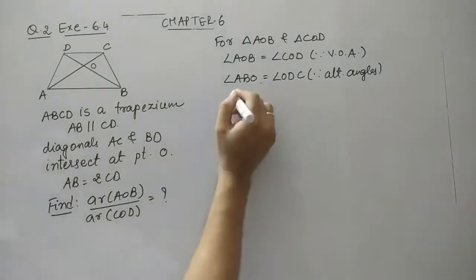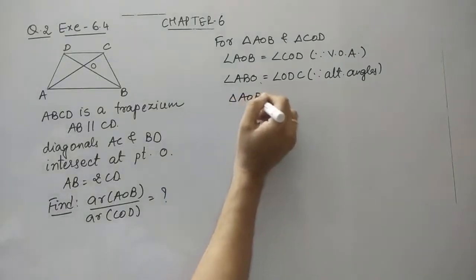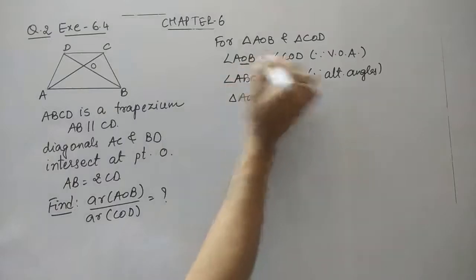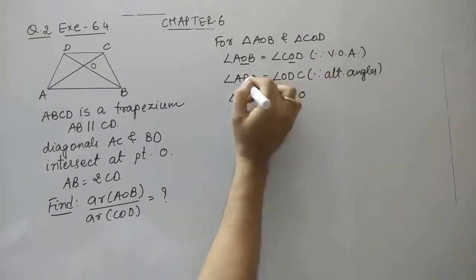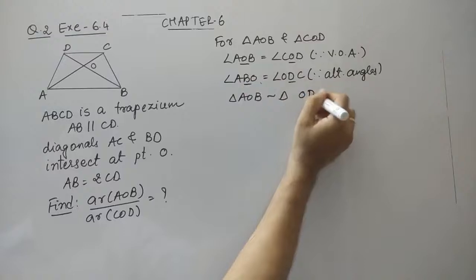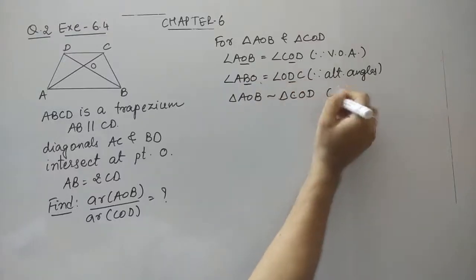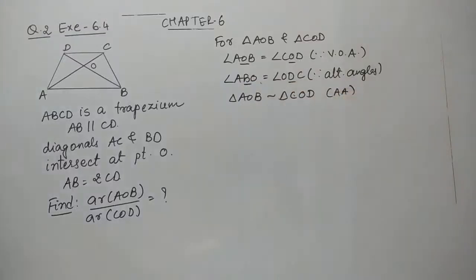So here the angle criteria exists, and we can show that these two triangles are similar. As O corresponds with O and B corresponds with D, automatically A corresponds with C. So we have used the angle criteria. Now according to theorem 6.7, when two triangles are similar, the ratio of their areas is equal to the square of the ratio of their corresponding sides. Here the ratio of the corresponding sides is given: AB is equal to twice CD.